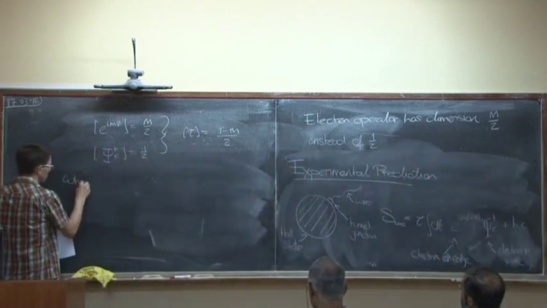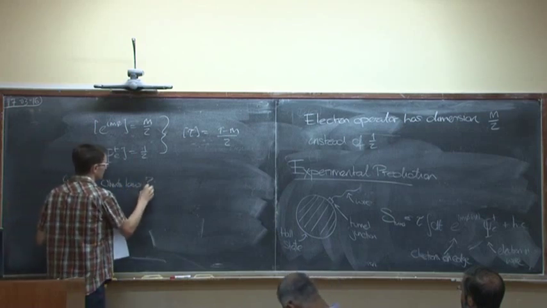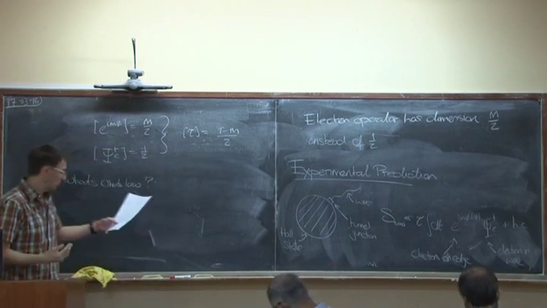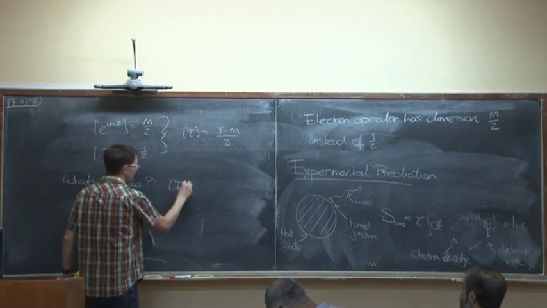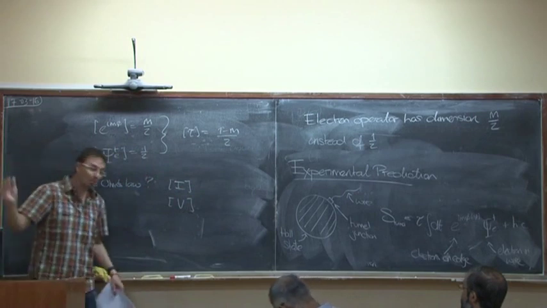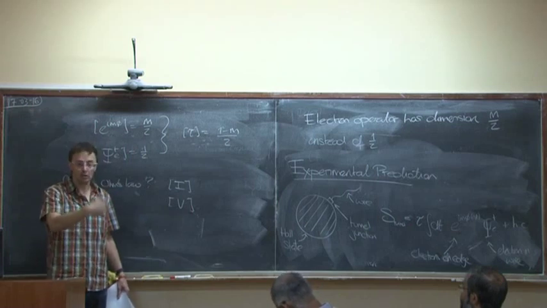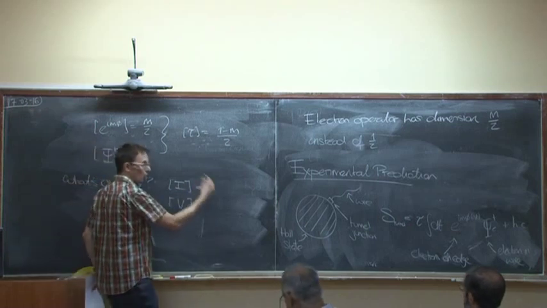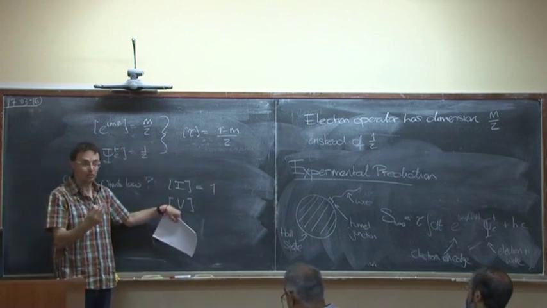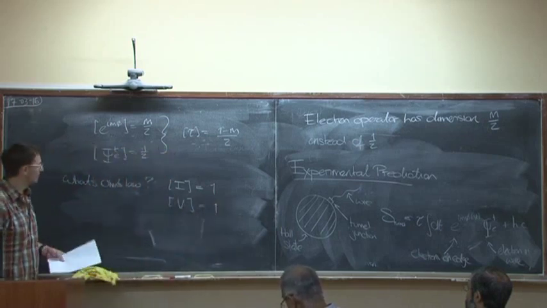And so let's ask a simple question. What's Ohm's law? We all know what Ohm's law is, right? Ohm's law is V equals I. So let's see what happens here. Ohm's law relates the current to the voltage. The current is number of particles per unit time, so it's 1 over time, which is dimension 1. The voltage is actually an energy, the energy is eV. So this also has dimension 1.